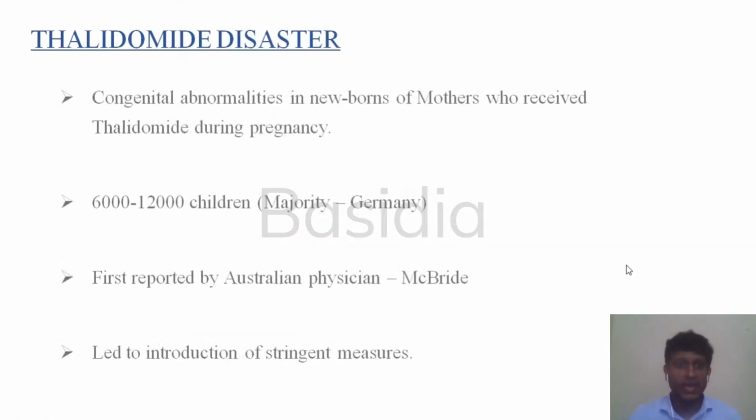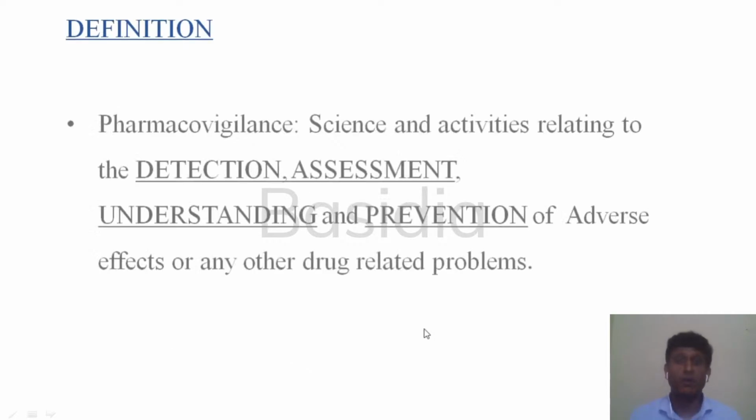Why did it happen? Again, it is mainly that the regulatory bodies were deficient. There was deficiency in monitoring these particular aspects. That is why there were congenital abnormalities in newborns of mothers who received thalidomide during pregnancy. Around 6,000 to 12,000 children were affected. There is now a common term, pre-thalidomide era and post-thalidomide era. The post-thalidomide era is slightly more vigilant over all these adverse effects. So this led to the introduction of stringent measures, and one of them is